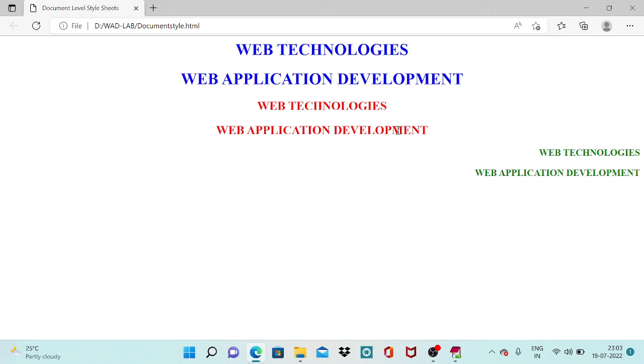So wherever I am using H1 tag, it applies blue color. Wherever I am using H2 tag, it applies red color. Wherever I am using H3 tag, it applies green color. Wherever I am using H1 tag, it applies text element as center. Wherever I am using H3 tag, it applies text element as right. That means